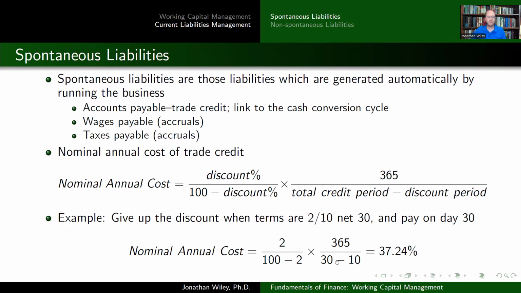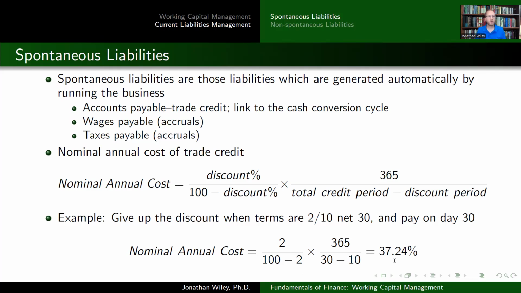I take 365 divided by 20. That tells me how many 20-day periods there are in a year. And so what we're doing is taking that many 20-day periods in a year, and multiplying times essentially the penalty I'm incurring per 20 days. It's not actually compounding this, it's just multiplying it. So I take the penalty I'm incurring for missing the discount period, that's the first term, multiply it times how many periods there would be with that length of time, sorry. And if you work that out, what you get is a nominal annual cost of trade credit of 37.24%